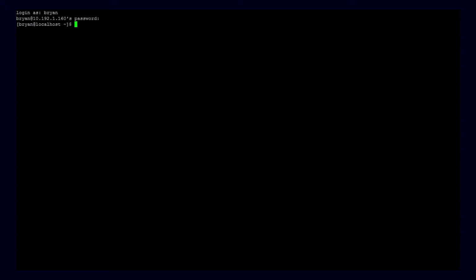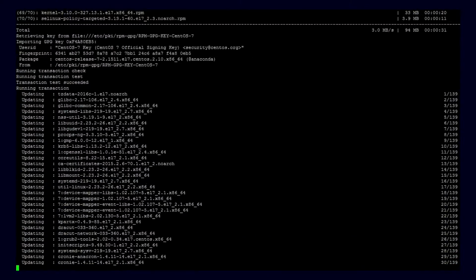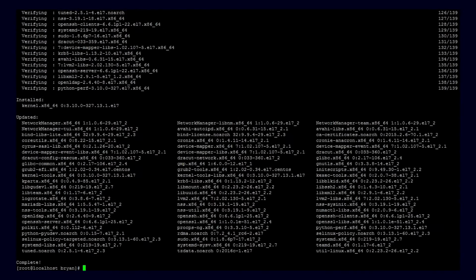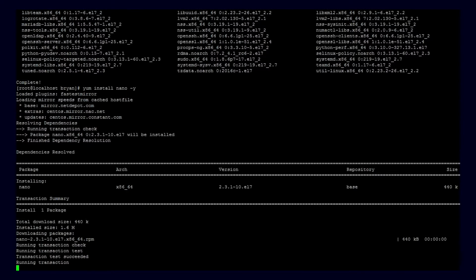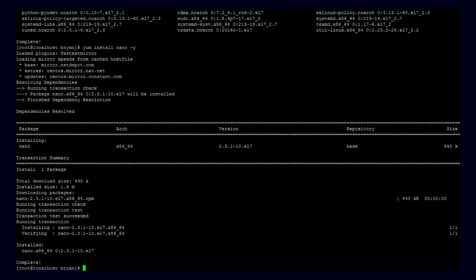Once logged in, enter the command su and enter the root password. Run updates with the following command of yum update -y. The -y will allow the updates to automatically install without asking you for permission or asking you if you're sure you want to continue. Once complete, enter in the command yum install nano -y. This will install Nano, a command line based text editor that works very nicely and we'll be using for our tutorial. Once installed, install the Samba software by using yum install